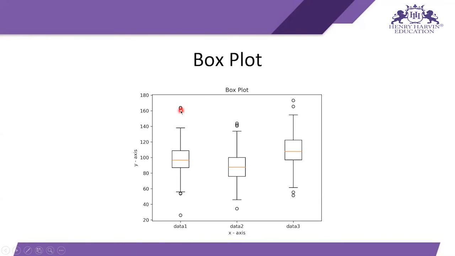As you can see, there are two circles one upon the other, and two circles above that. These two circles are overlaid, which is why they look dark. These five circles show as outliers: only one value lies here, the rest of the values lie here, most of the values lie here, and the mean value is this line. The same goes for this one: here are three circles and here is one circle, so four outliers and the rest of the values. Here are also four outliers and the rest of the values, and the mean value is this orange line for the box plot. And that's all for the box plots.